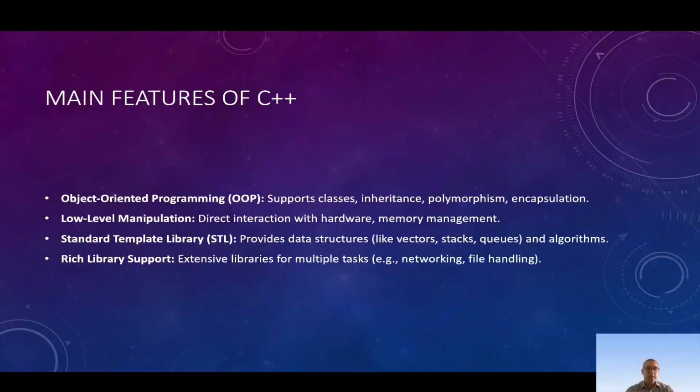C++ is an object-oriented programming language. This is a method of developing applications through the use of classes, inheritance, polymorphism, and encapsulation, which allows us to develop complex applications. It has direct interaction with hardware and memory management, and it's one of the reasons why C++